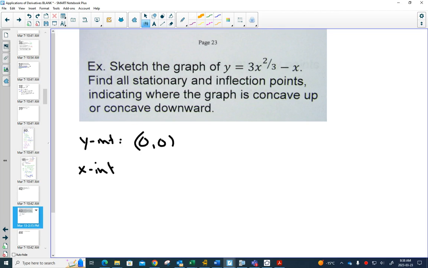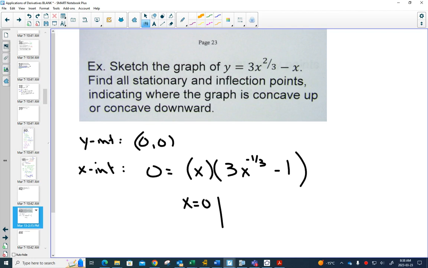What we could do is we could factor out, since we know that x is an intercept as well, we could factor out an x, leaving us with x to the negative 1/3 minus 1, and then we could set this equal to 0 and x equals 0, and we could set this equal to 0. Now if we set this equal to 0,